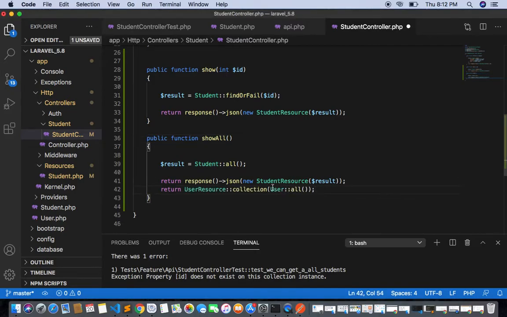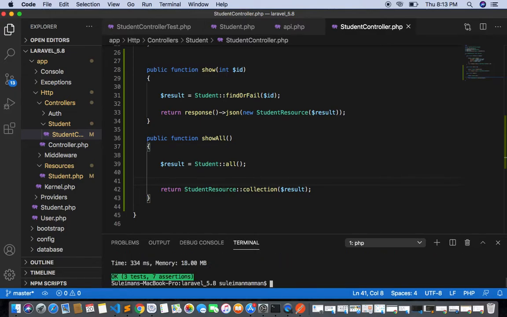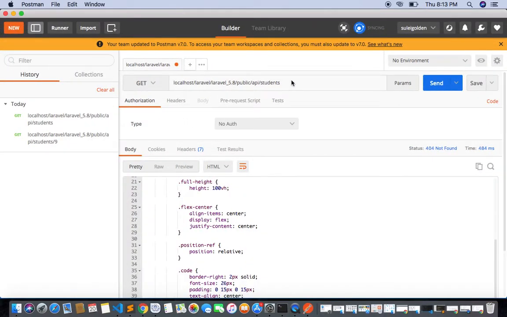Let me paste. Okay, so all we need here, we don't need this. So let's say like this, and then let's return our results here. So let's save it, and then let's come back to our test and see. So now you see 3 tests pass and 7 assertions. So if you go back to our Postman and try to get all the students now,